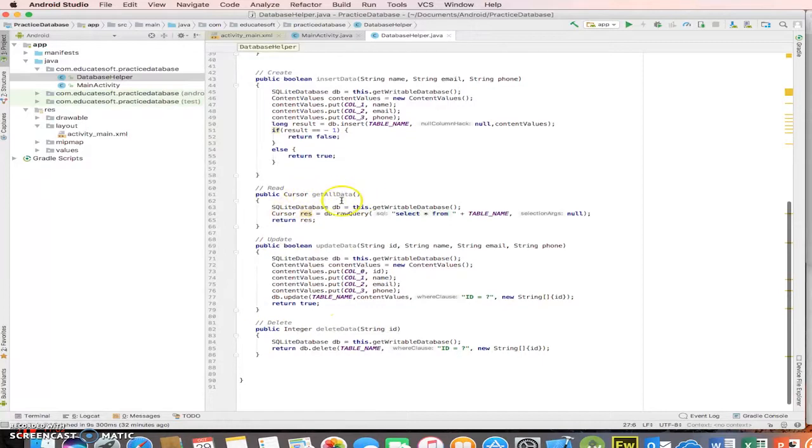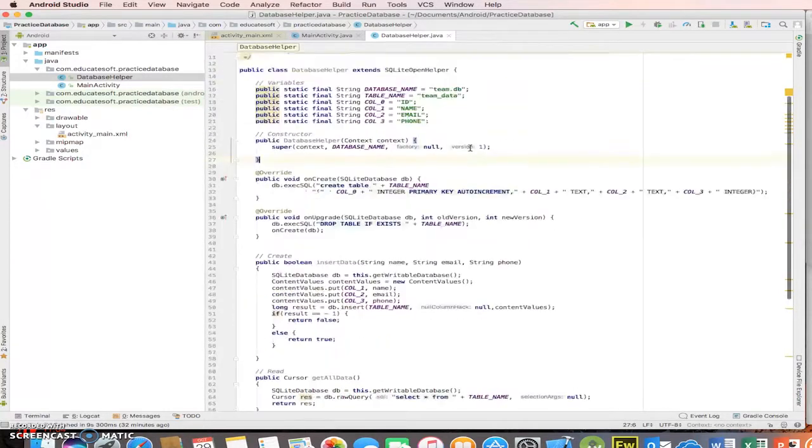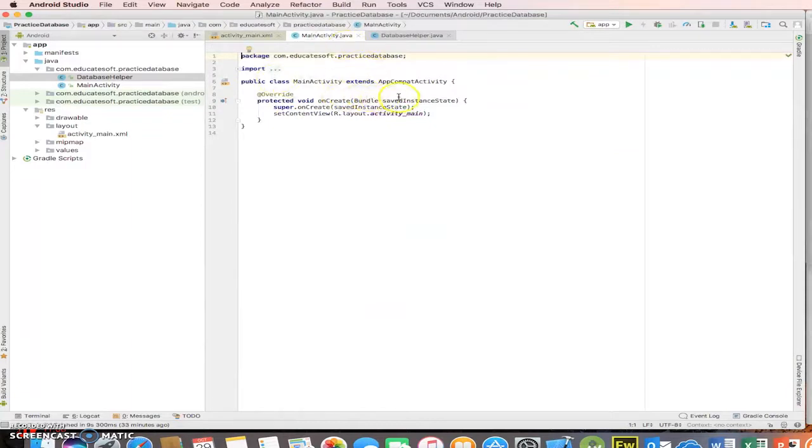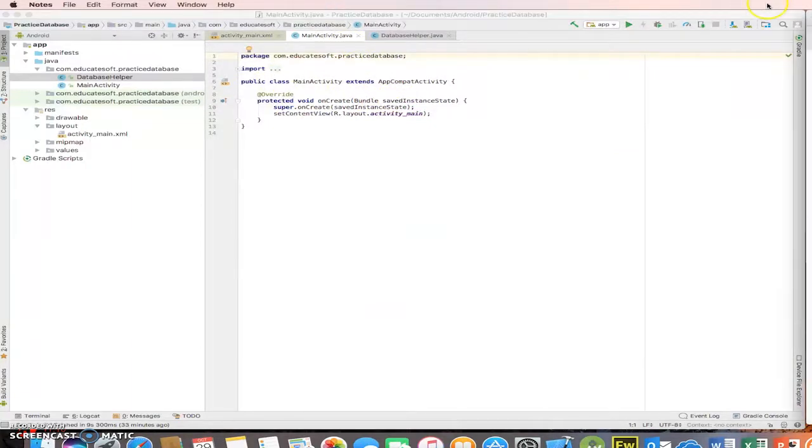Now we're going to have to start linking things up. So now we're going to go inside of our main activity. The first thing that we're going to need to look at doing is we're going to have to create an instance of our database helper that we created. So that's going to be the first thing that we're going to do. So inside my main activity,